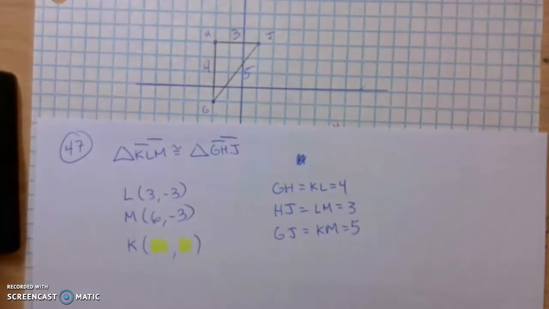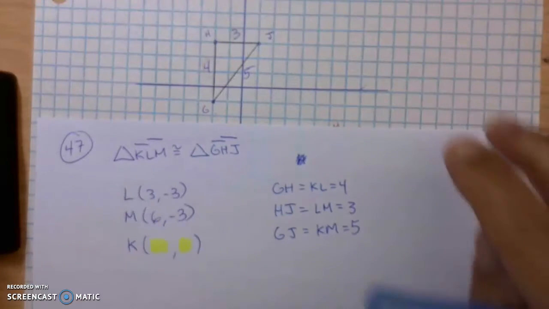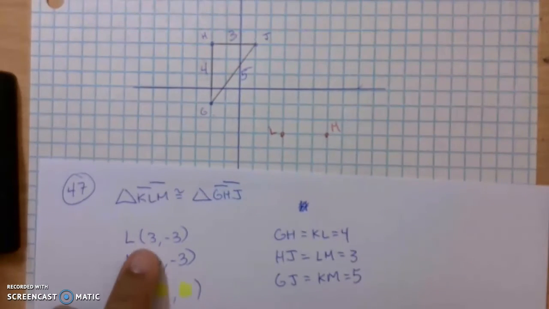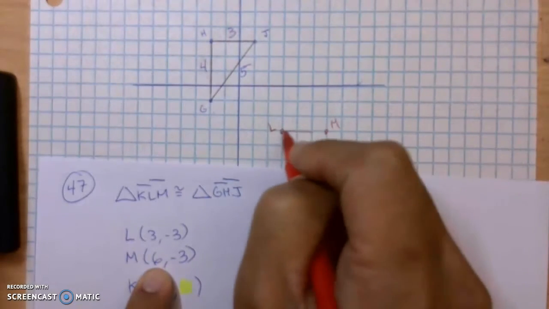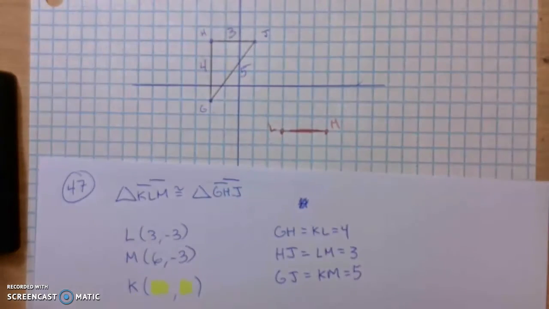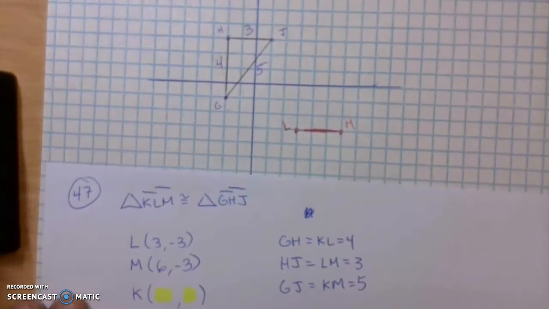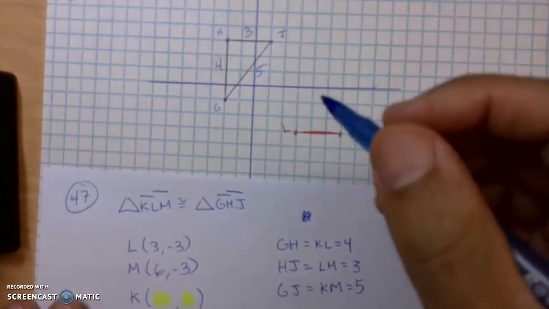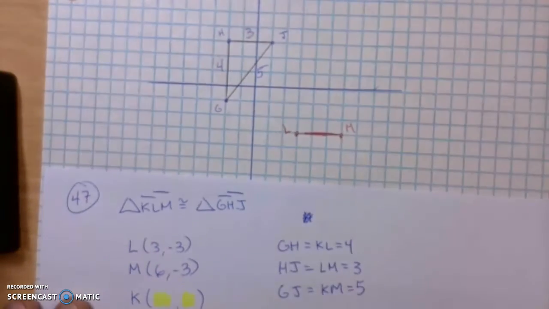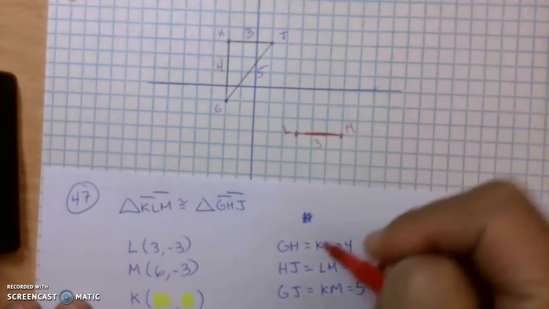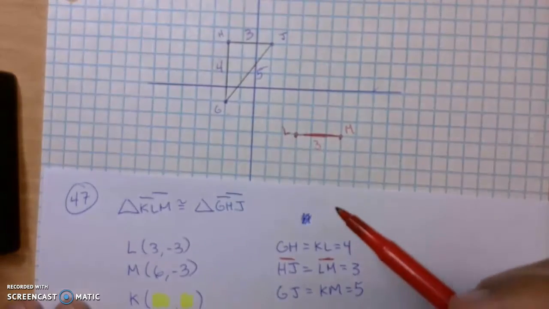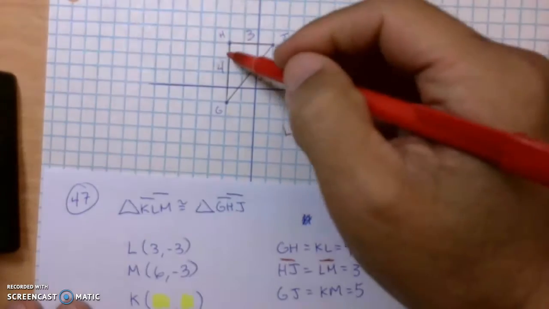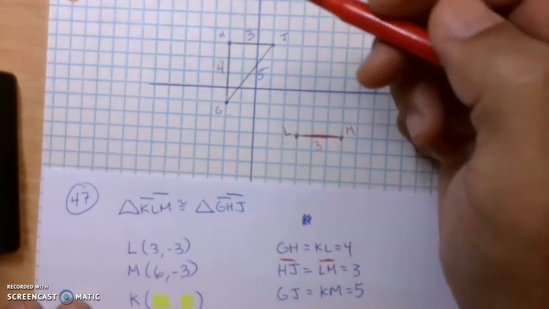So what we're going to do is plot these new points here. Keep in mind that the two triangles are congruent. So what we have here is L and M, (3, negative 3) and (6, negative 3). And the question is, where do I put K? You need to realize this is the 3. LM is the same as HJ. And we're going to put K somewhere where it is 4 spaces